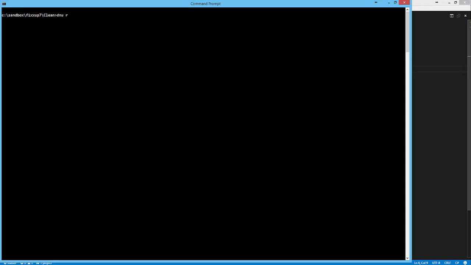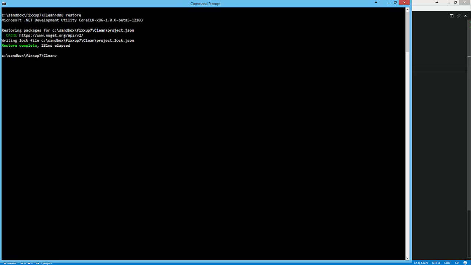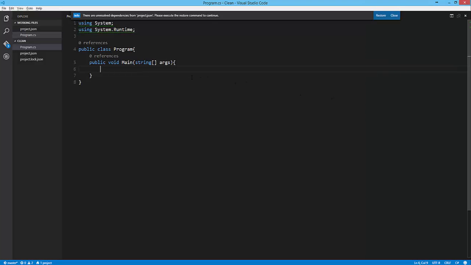Okay, so now we can start modifying this program, but before I go on, I need to restore the packages. So I can do dnu restore, which restores the extensions. Then I can start using it by typing a variable name, OS name equals Environment.GetEnvironmentVariable.